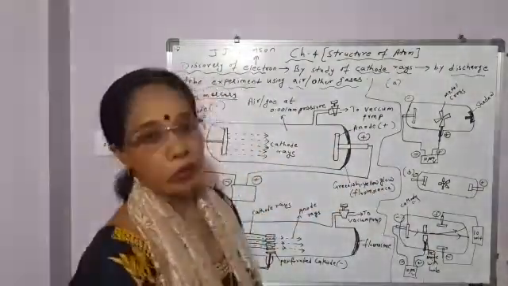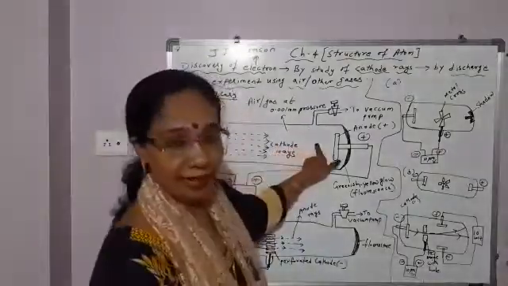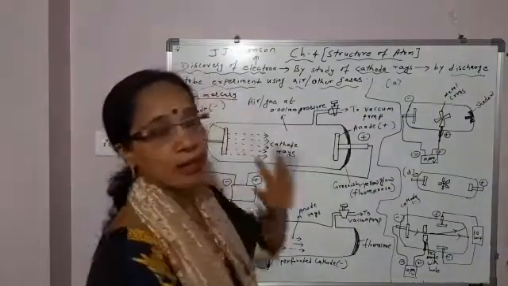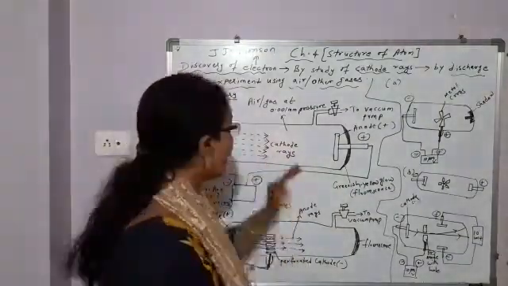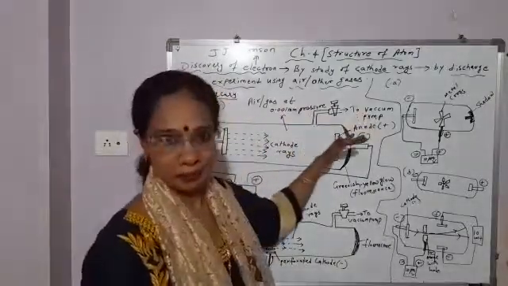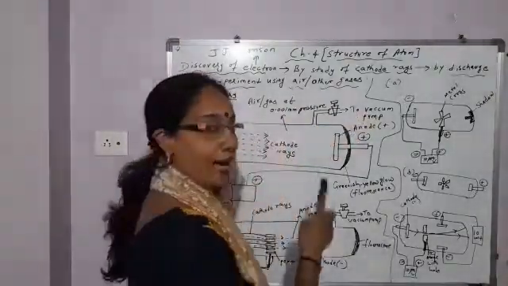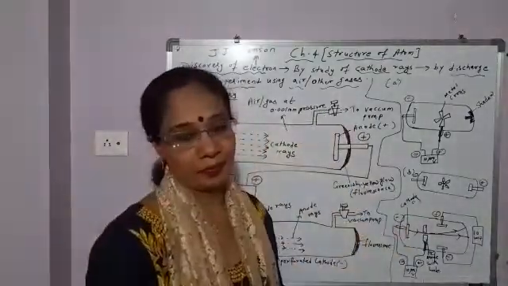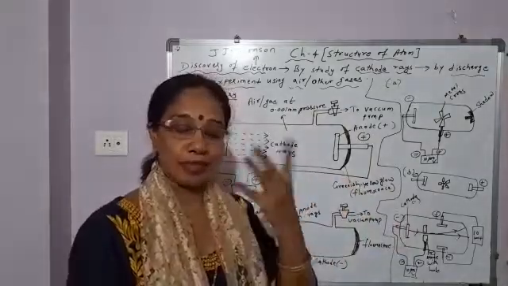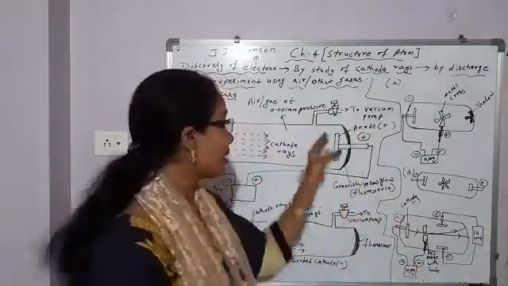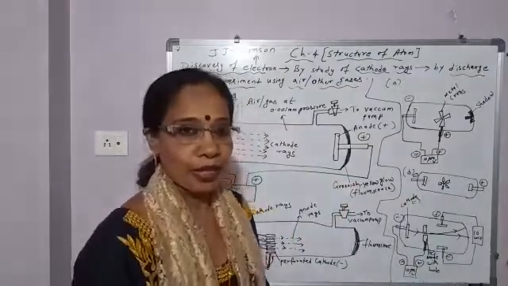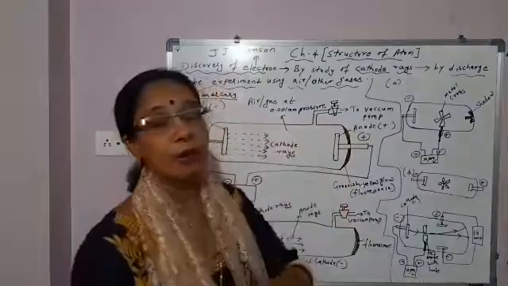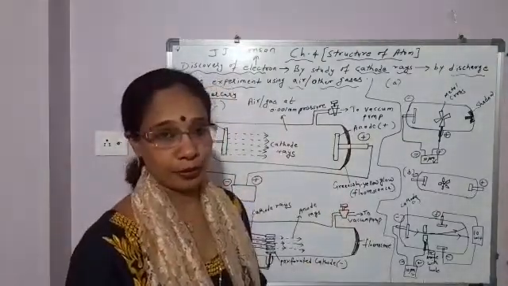About 10,000 volts is applied, and the pressure of the air or gas inside the discharge tube is reduced to 1 mm of mercury. So what do we find? Current starts flowing through the air between the electrodes, and we come to know because the entire discharge tube starts glowing, with beautiful colors that depend upon the gas taken. So this way we come to know that current starts flowing at what pressure? 1 mm of mercury.